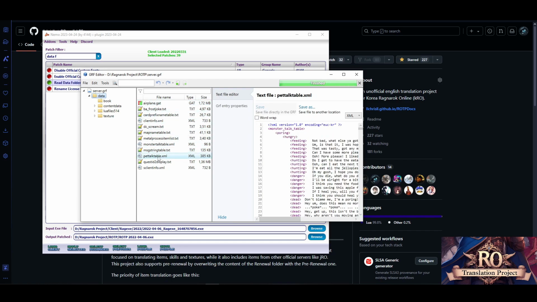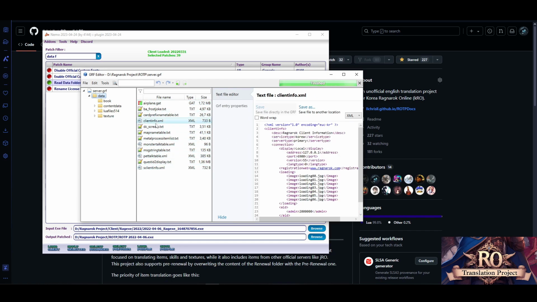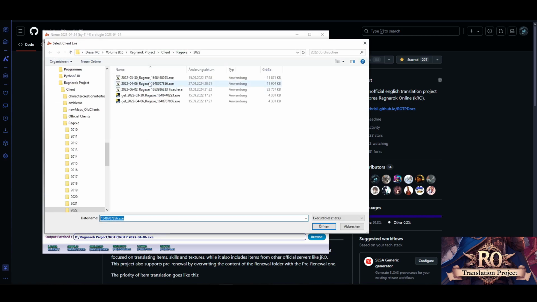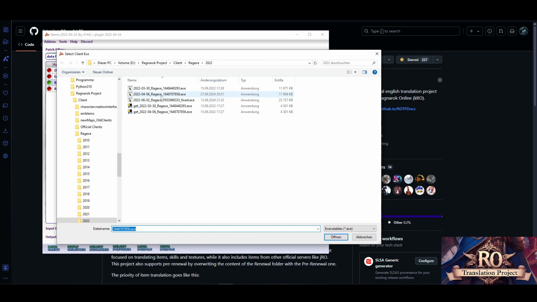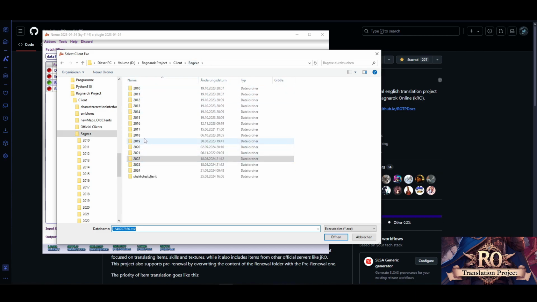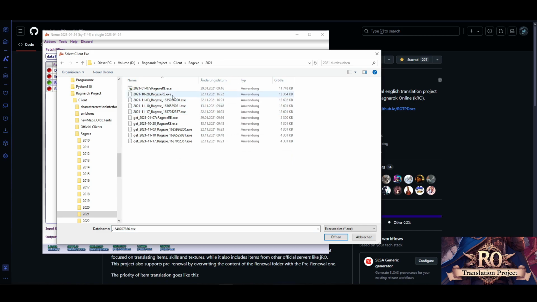Except of course map files, but it's a different matter. What is also important is the client info. Depending on the client yours is based on, it reads different client infos by default. As an example, pretty much all RAC.exe clients read clientinfo.xml. If you go back a bit, there are also RAC.exe clients, which are the structured clients, so that from the